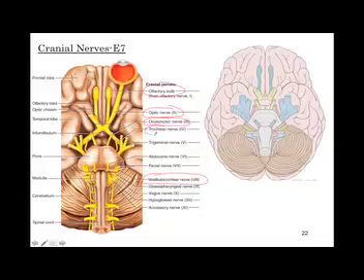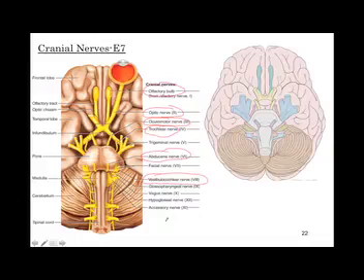I'm going to throw these on here as well. The trochlear and the abducens. Trochlear and the abducens both are involved in moving the eyeball, along with the oculomotor. There's three cranial nerves involved in moving the eyeball: oculomotor, trochlear, and abducens. Each one does something a little bit different. In fact, if you remember from the eyeball dissection that you did, you probably had seen some of those extrinsic eye muscles that control the movement of the eye. When they contract, the eyeball moves in certain ways. Those muscles are innervated by one of those three